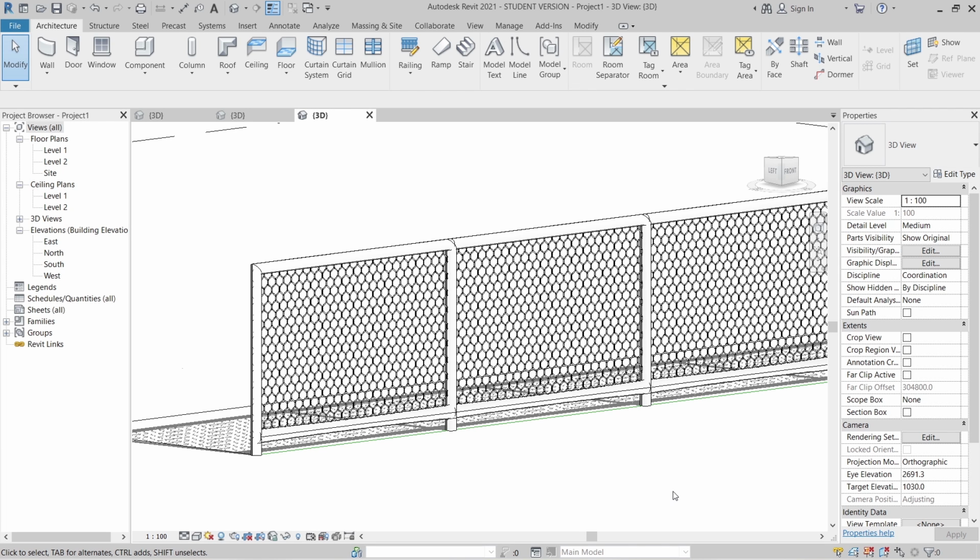And my suggestion, again, is that using a texture for the wire mesh is better, so your project will work so smoothly. And of course, when you apply your project to a rendering program like Enscape, Lumion or V-Ray, the wire mesh texture will be rendered realistically. Don't worry about that.